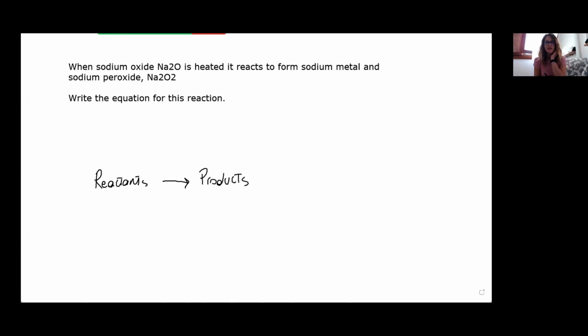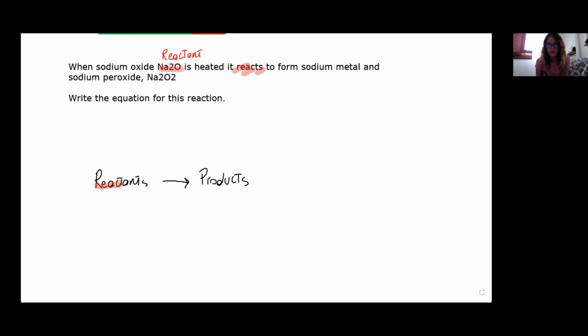So in a question like this, if you haven't read it yet, please take a moment to read it. You can try to understand what is reacting, what the question is telling you reacts. When there is this keyword, "it reacts", what is that "it"? What reacts? It would be this one in this case: when sodium oxide is heated, it reacts. So react means reactant. This tells us that, in this specific example, this is a reactant